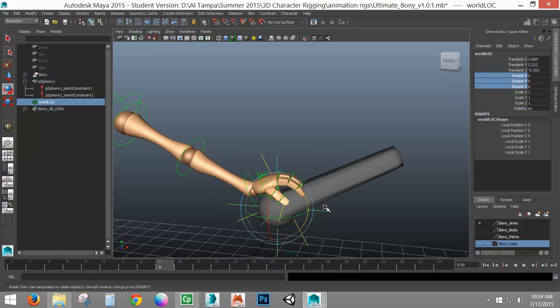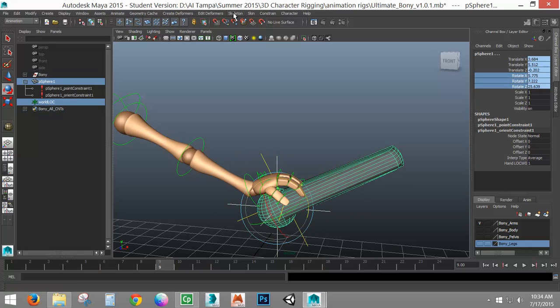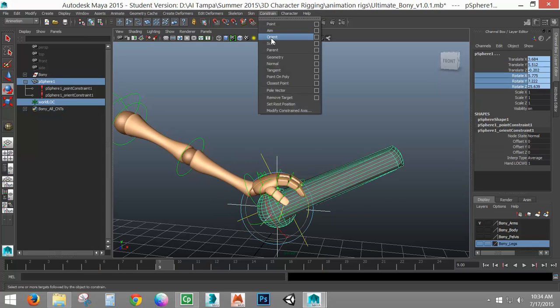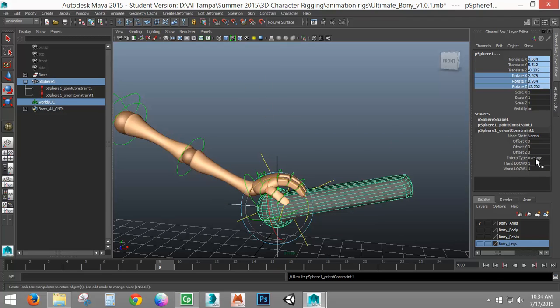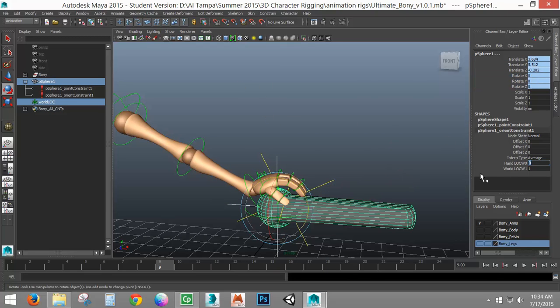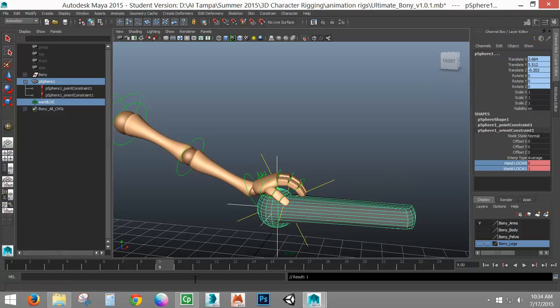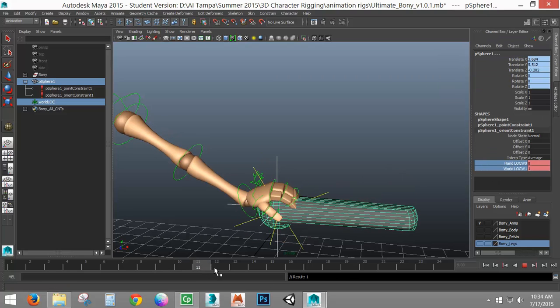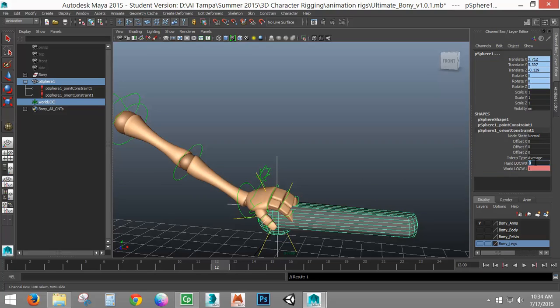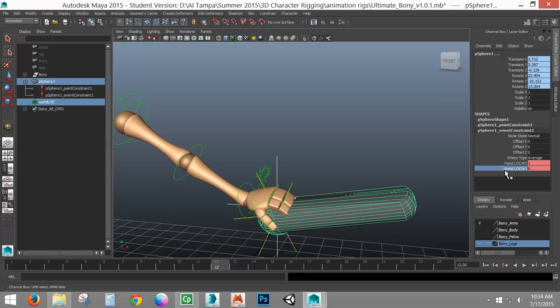So right before that, I'm going to grab my original locator, shift select my sword, and do the same orient constraint. Set my hand off, so I'm now down to my original one and I can key this in place. Go forward a couple of frames to where I know it picks it up, switch my weight, and do another key select.